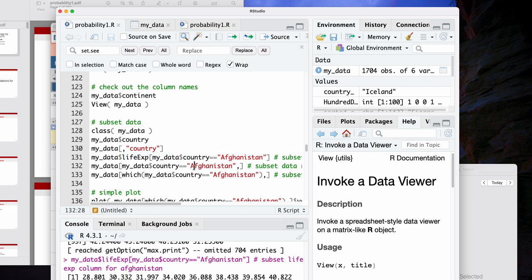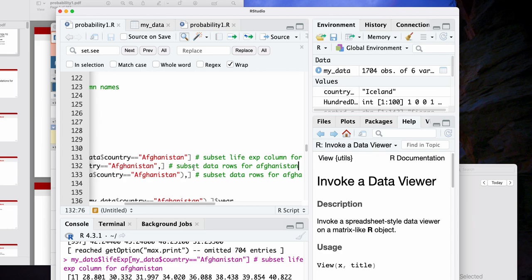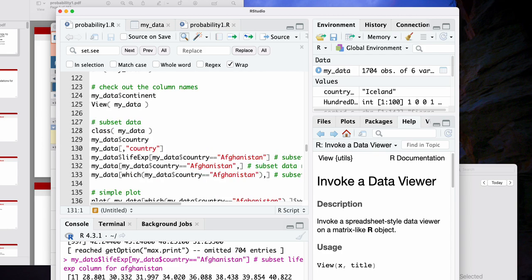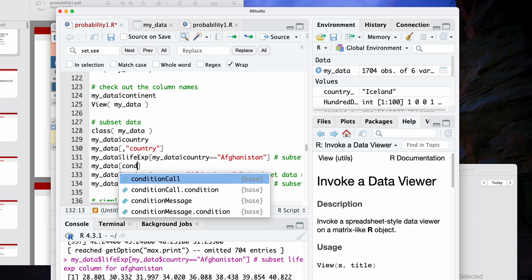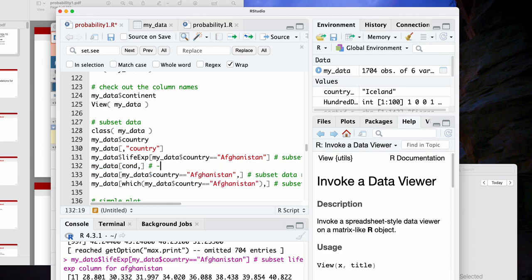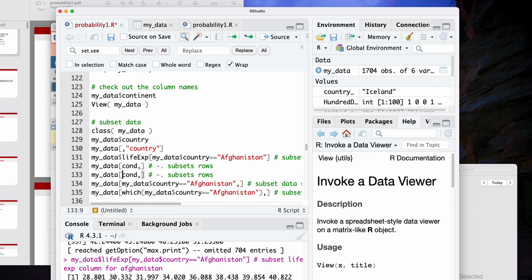Okay, we can do the same exact thing, but now subset the rows. A matrix, a data set in R has rows generally, and it has columns. We can subset rows by having a condition on the left like this. So this subsets rows, and then if we put that condition not on the left-hand side of that comma, but on the right-hand side of that comma, this subsets columns.